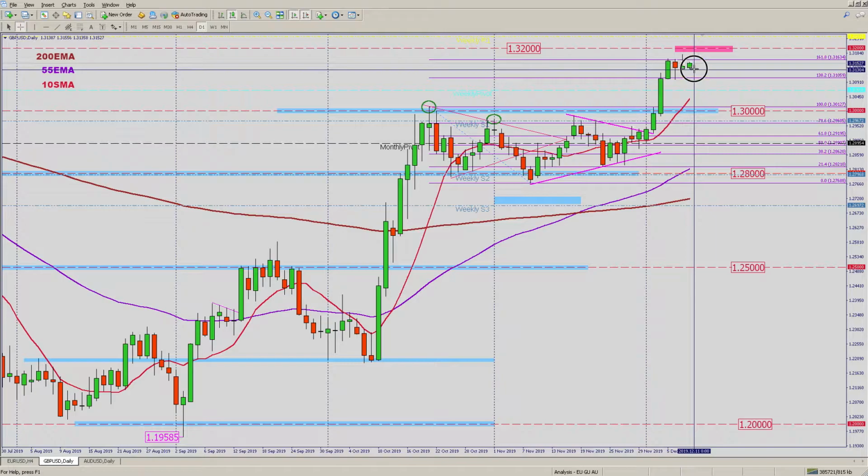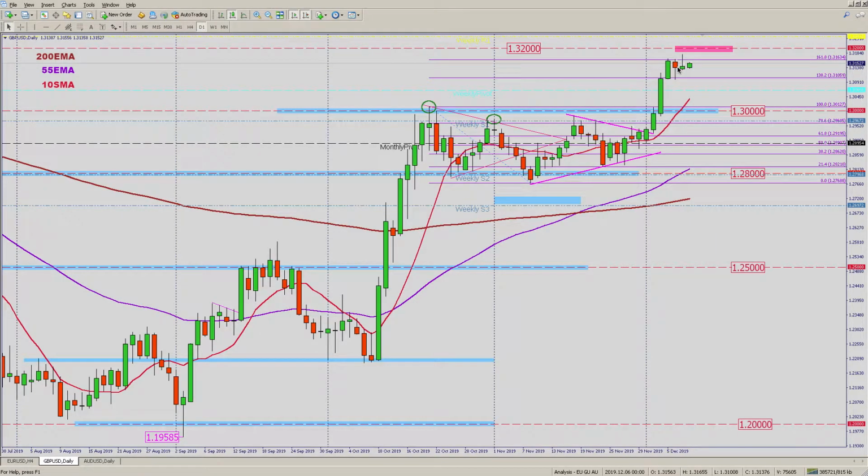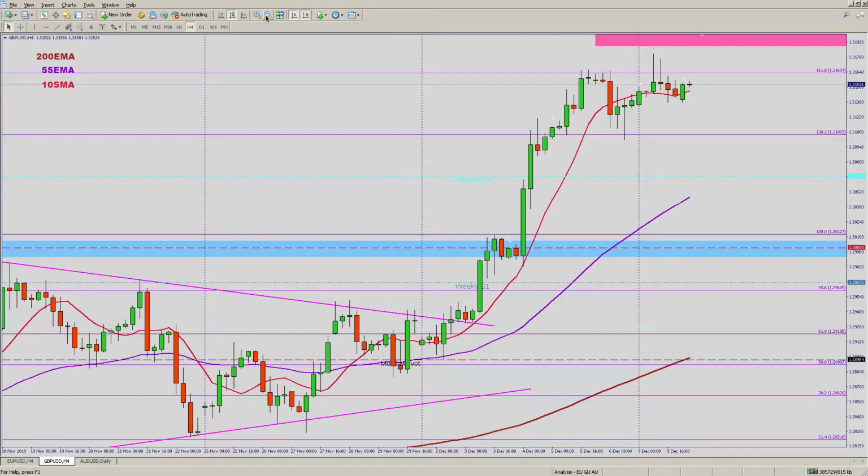And yesterday, of course, it is also consolidating and could not climb up higher, all depending on the upcoming elections on Thursday. Later today, there are the GDP figures as well as manufacturing production figures to look forward to. This week's weekly pivot is at 130.67. Let's switch to the 4-hour time frame,